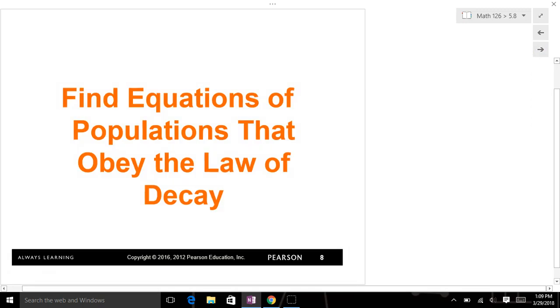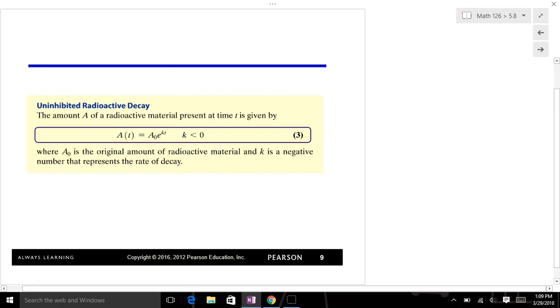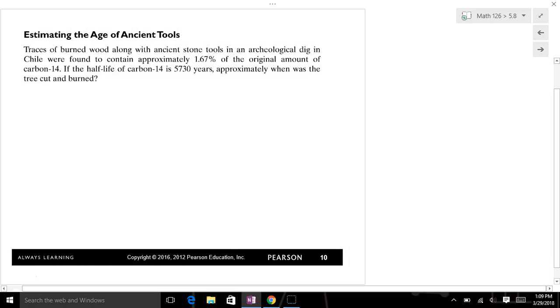All right, but what about the law of decay, uninhibited radioactive decay? That would be an example of this. So your k is going to be negative, and A subscript 0 is your initial amount. So here's an example. You've got traces of burned wood with ancient stone